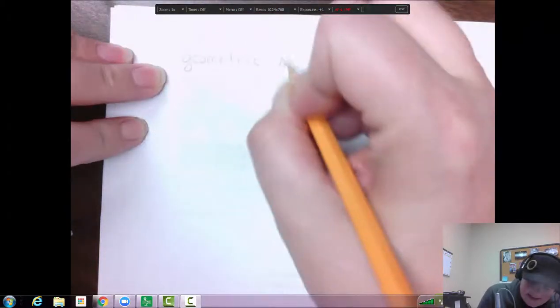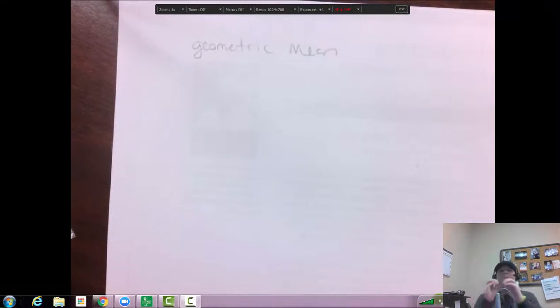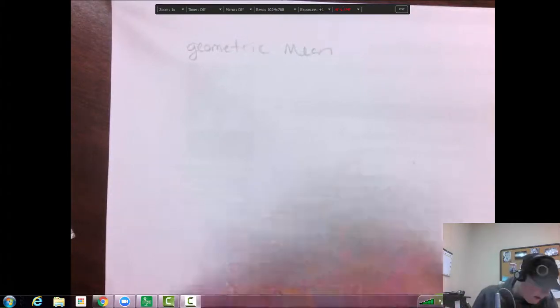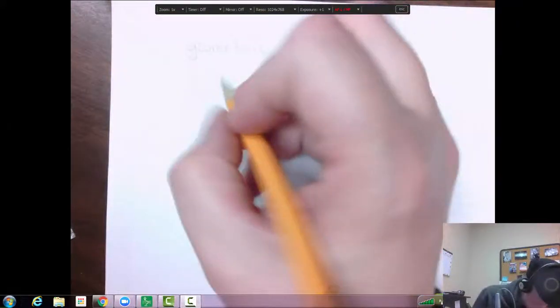This is not the same as the mean in the arithmetic sequences, because those ones were a regular mean where you add and divide by 2. These ones are different because you're timesing by something. You're not adding as you go up. So it's a lot harder to find the mean because we're not averaging. So the geometric mean